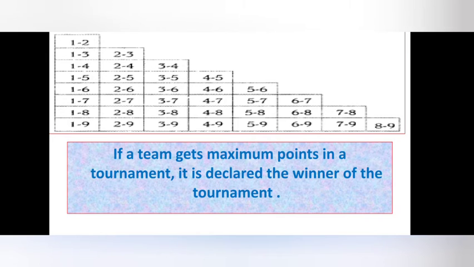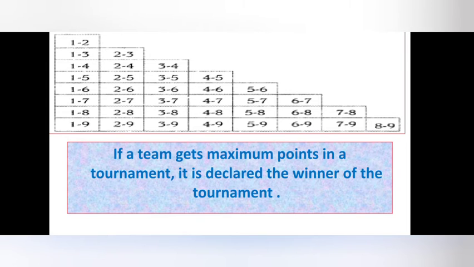Then the last match will be 6 versus 9. Okay. Now the number 7 team will play with the number 8 team. Then the next match will be 7 versus 9. In the last round, the last match will be 8 versus 9. Okay, class, so that's how we draw the whole staircase fixture.